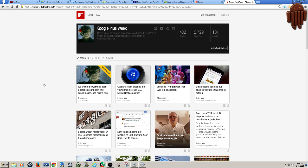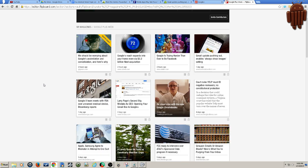But we have a neat Flipboard magazine, and it's some of the stories we'll be covering on Friday. Lots of stories about the... Here's one with a picture of Captain Picard as a Borg. We should be worried about Google's assimilation and consolidation. I heard a story today on WTOP News on the radio